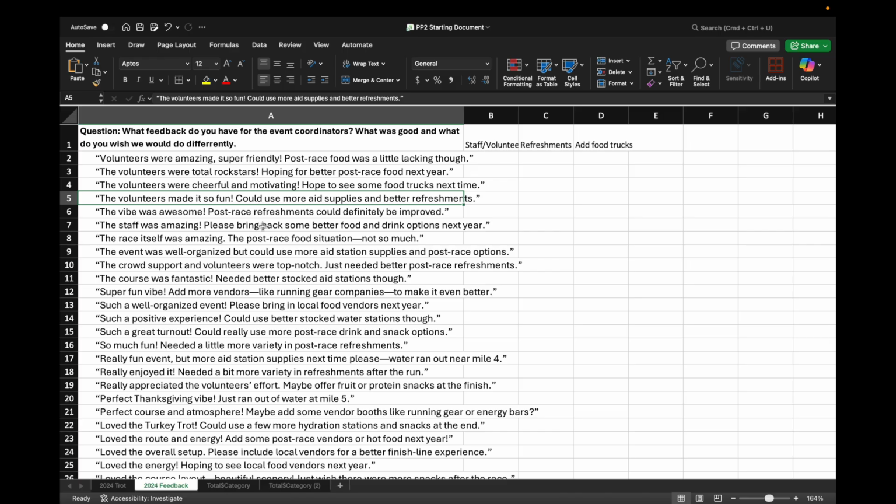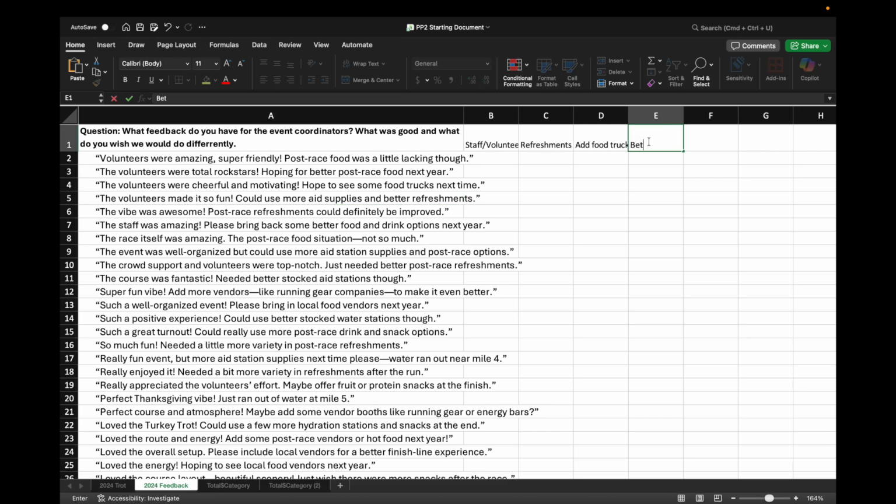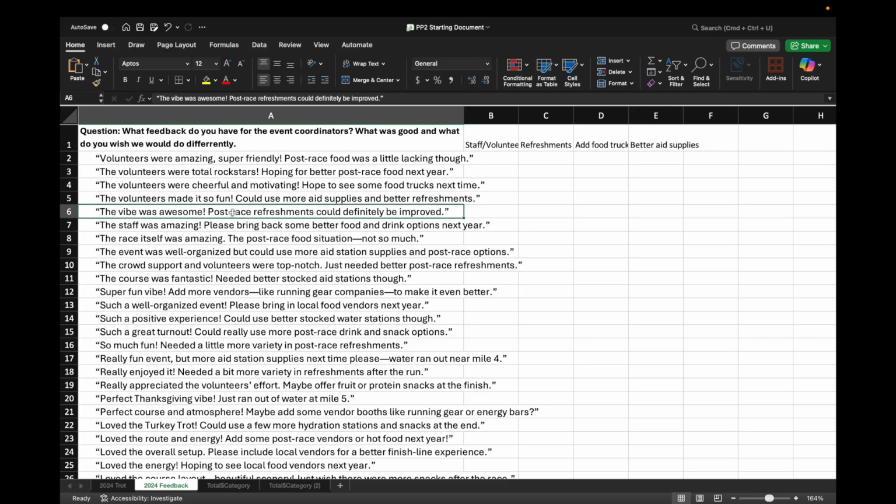Keep going. Volunteers were awesome. We could use some more aid supplies and better refreshments. So that has to do with refreshments, but also better aid supplies. Coming on down even more. Vibe was awesome. Post-race refreshments could definitely be improved. Staff was awesome.